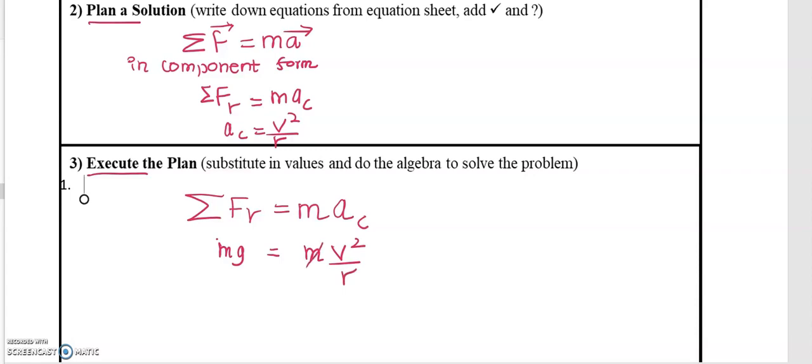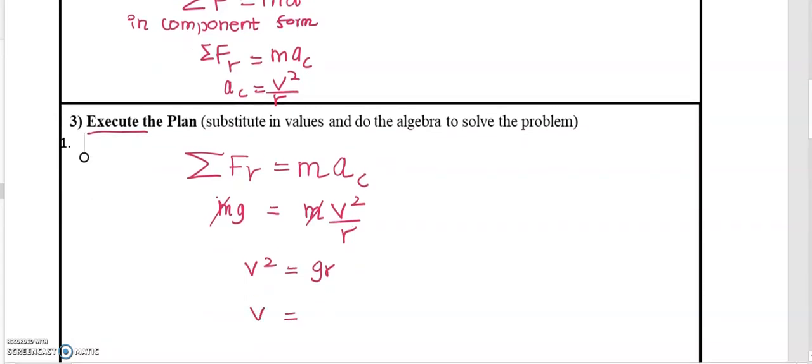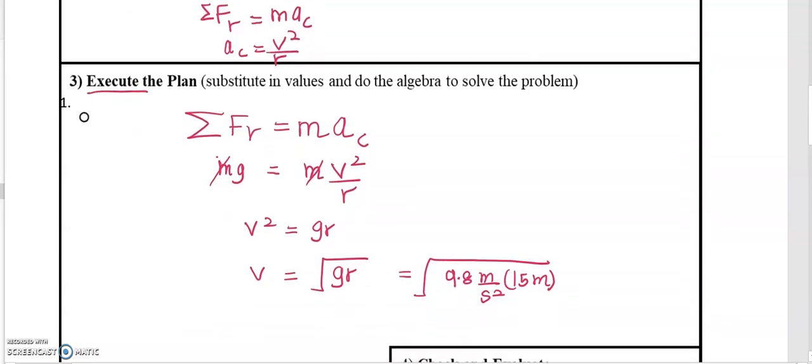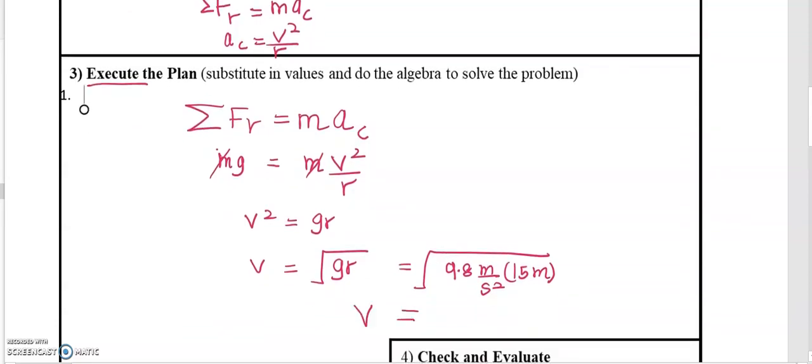mg is equal to mv squared over r, and we can cancel out mass because it's common to both sides of the equation. And if you separate v squared on one side, you get v squared is equal to gr, and you take the square root of that. g is 9.8 meters per second squared times radius 15 meters. And you can see you have meter squared divided by second squared inside the square root, and when you take the square root of that, you get meters per second for the unit of speed as we expected,